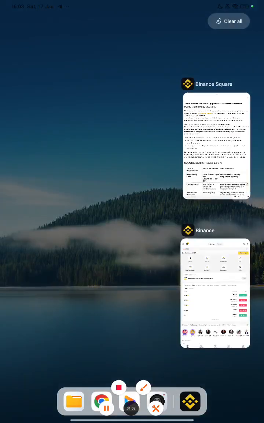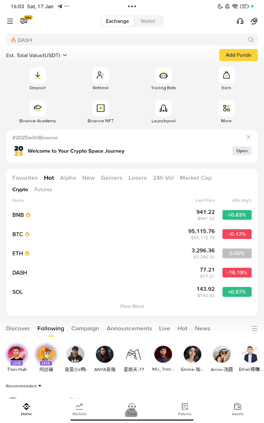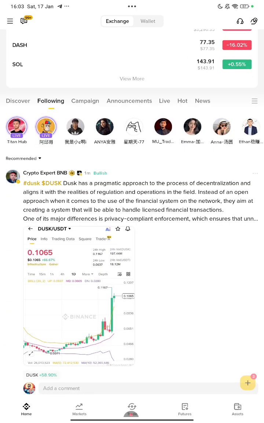So how can you participate? Okay, first of all, I hope everyone has their Binance account. If you haven't created one, then just go below, click on my referral link, sign up, and simply complete your KYC, and then you may see this kind of interface. Okay, after signing up you may see this kind of interface.